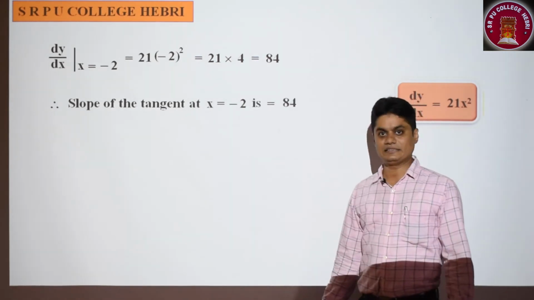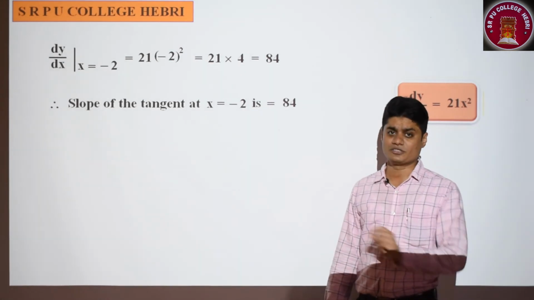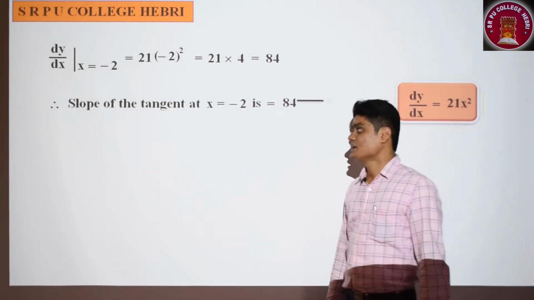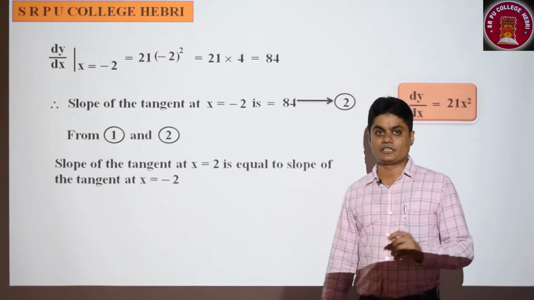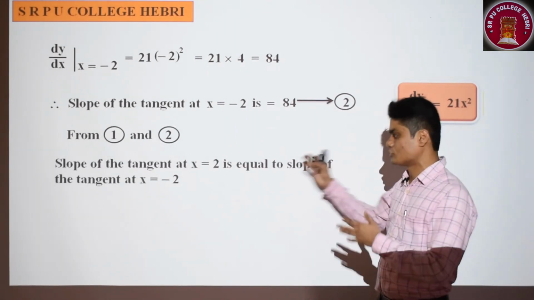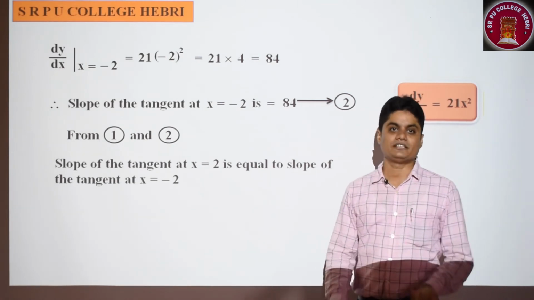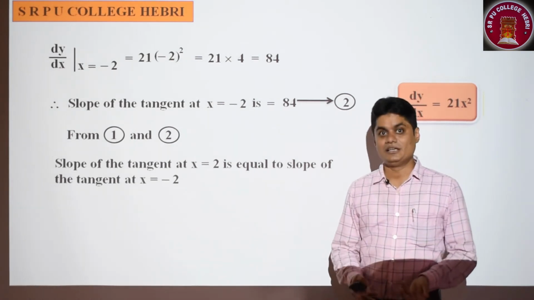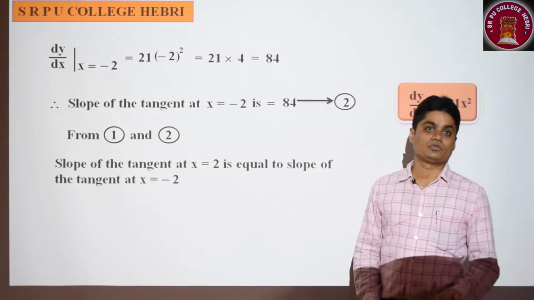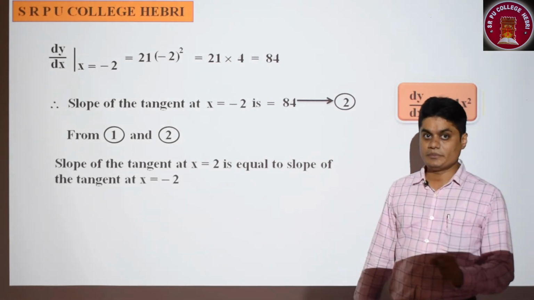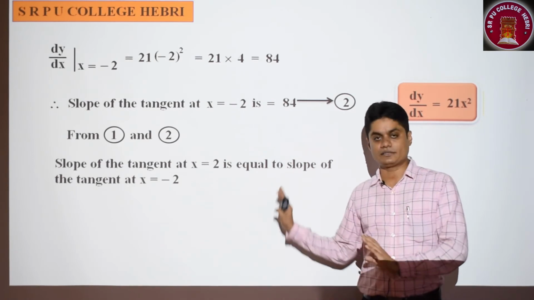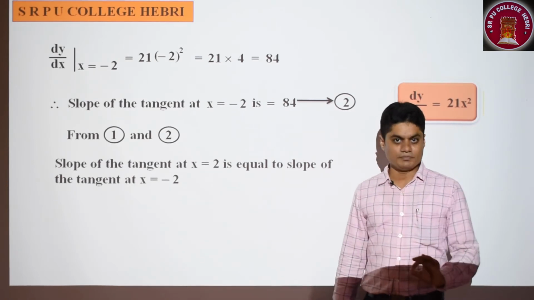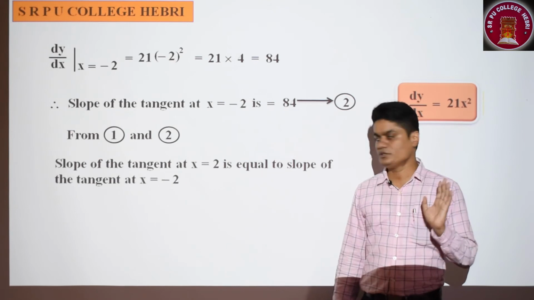That's it. Did you understand? It is a simple question; I explained it fast because the concept has no difficulty. So from 1 and 2, what can we write? Slope of the tangent to the curve at x equal to 2 is equal to slope of the tangent to the curve at x equal to -2. Why? Slopes are equal. Because slopes are equal, definitely the 2 lines are parallel. So remember, to prove lines are parallel, you have to prove that slopes are equal, and we did that in this particular problem. Very simple, please remember that. Understood? Yes, next question.